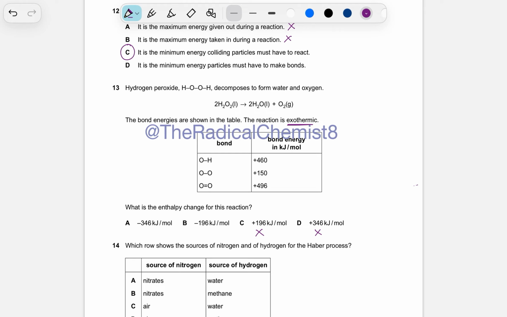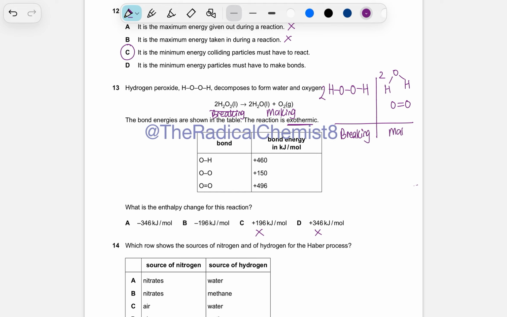So I'm quickly just going to draw this molecule over here. So they've drawn hydrogen peroxide for us as your reactant. You've got 2 molecules of hydrogen peroxide forming 2 molecules of water and 1 molecule of oxygen. So I normally like to separate out this reaction into bond breaking and bond making. So you break bonds in your reactants and you make bonds when you form products. So using this then,